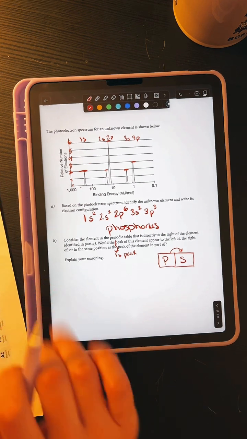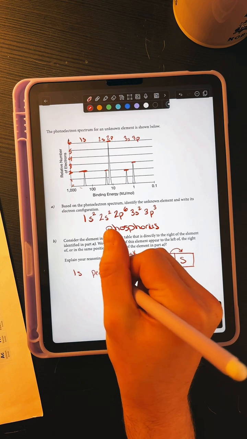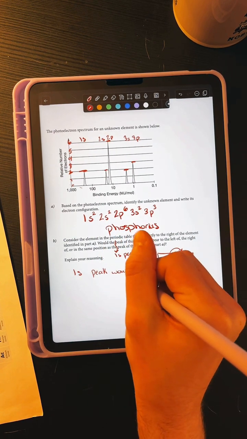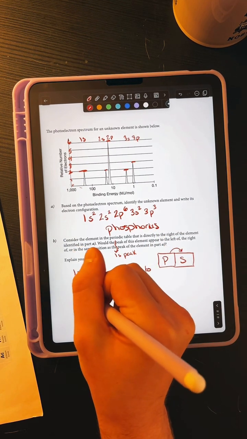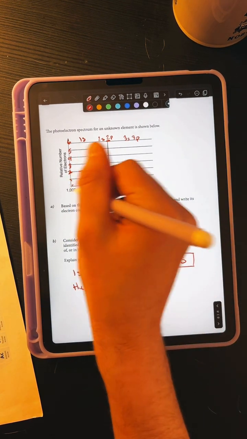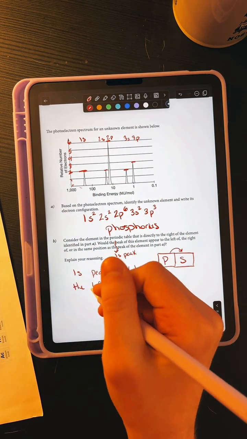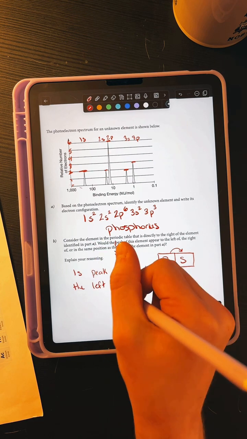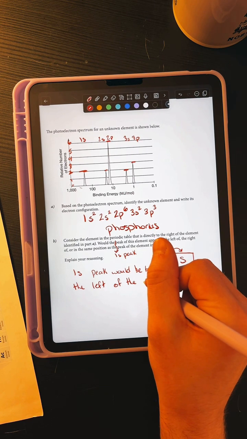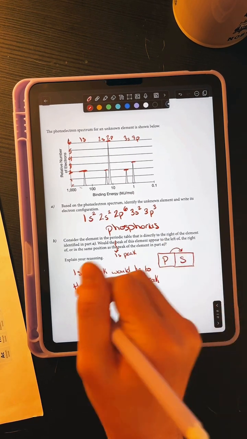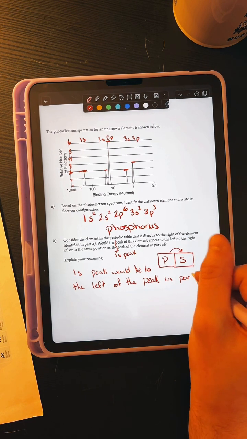So if we were to write this out, this is how I would put it. I would say the 1s peak would be to the left, because we're increasing energy, so it's going to be to the left. Would be to the left of the peak in part A. That's what it is. So the 1s peak would be to the left of the peak in part A,